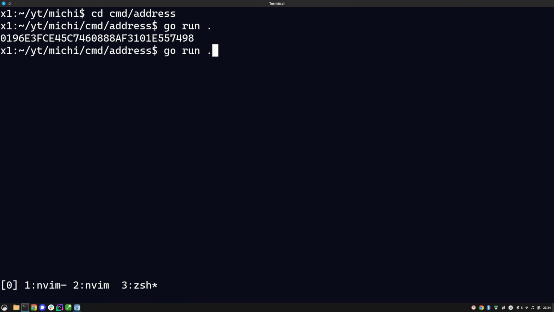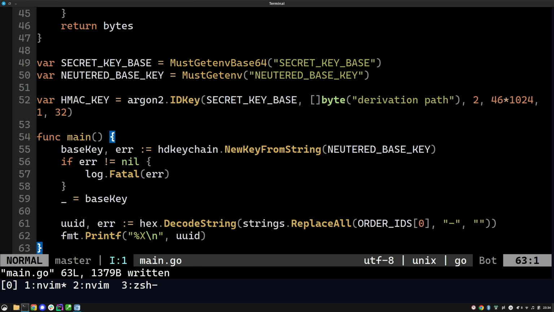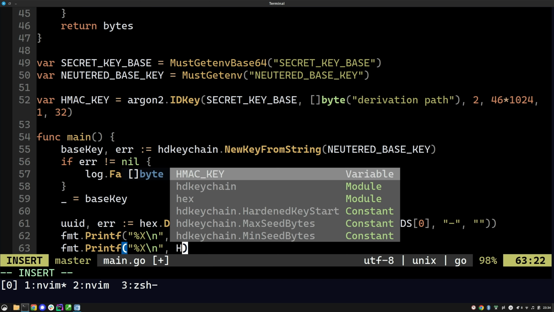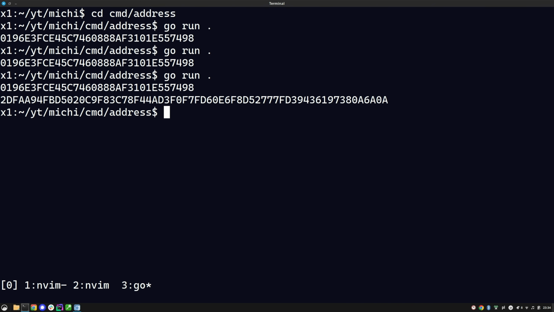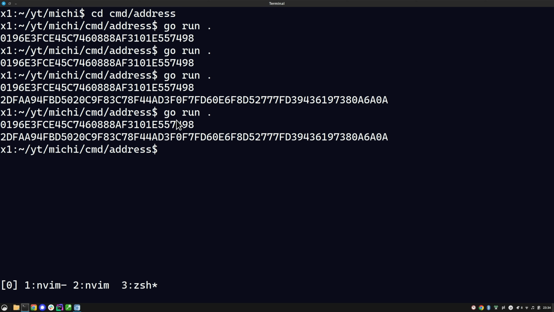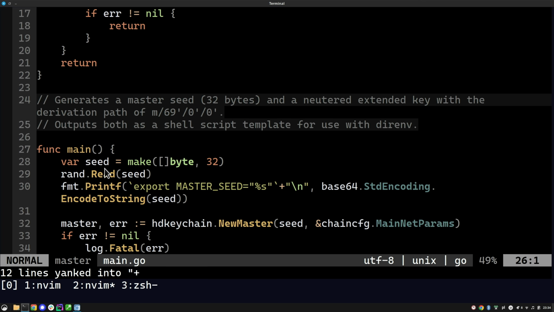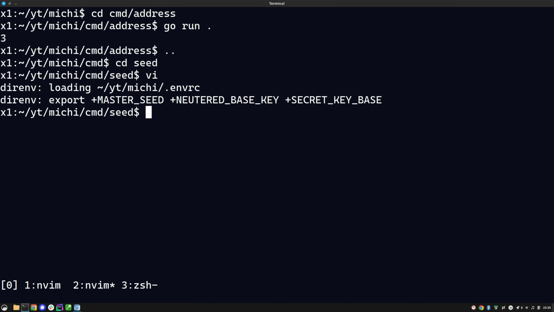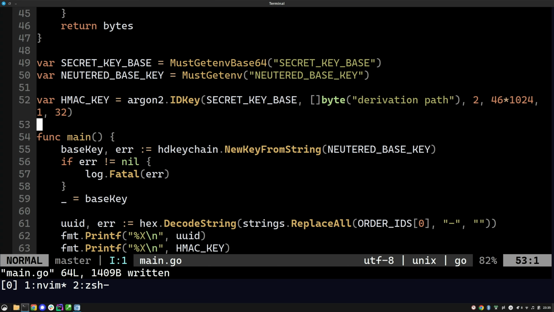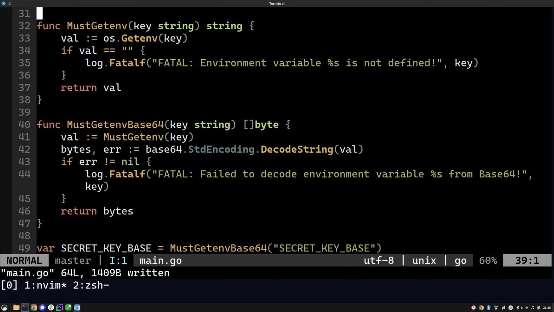So let's see if we can derive it like so. Okay, it worked. So now I'm also going to print this hmac key for debugging, just to see that it's derived the same way every time. Okay, this is our hmac key, this is our UID. And what I'm going to do, okay, no, this is the wrong program. What I'm going to do is